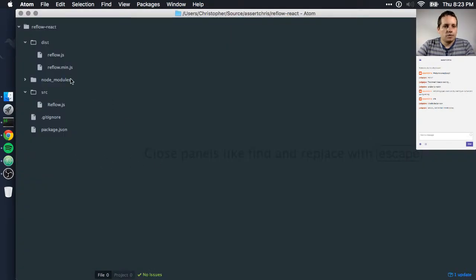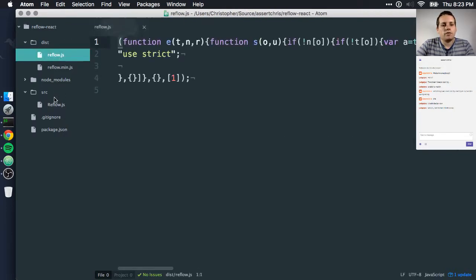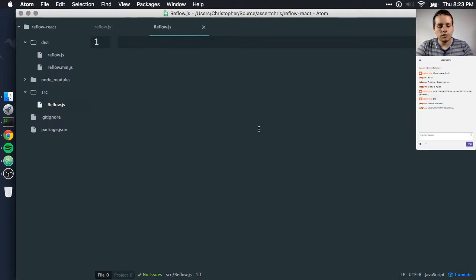So, what do we want to do for that kind of thing? I was thinking an interesting way to begin would be to make the reflow component. So to say something like import React